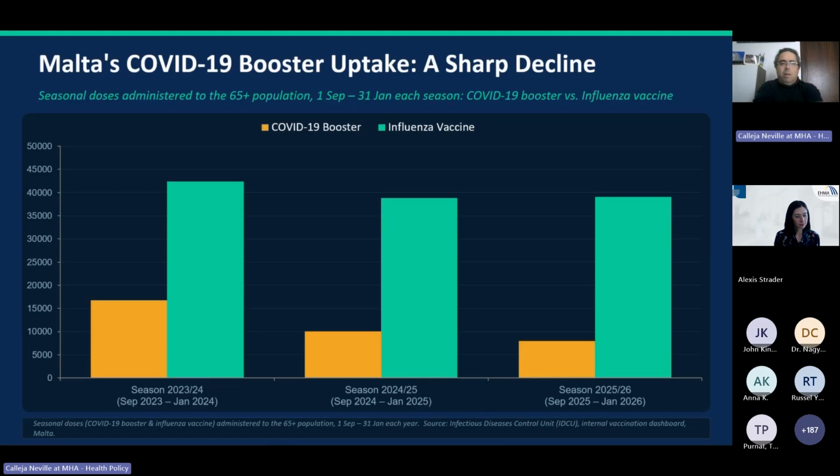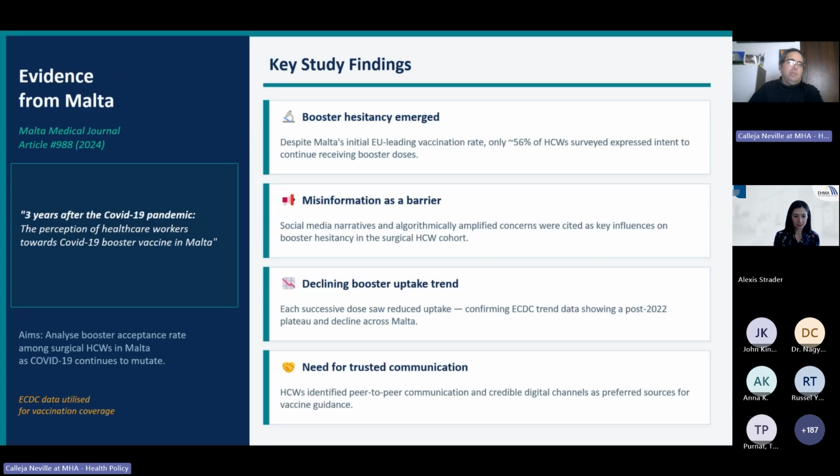We have seen over the last winter seasons that influenza vaccination has relatively maintained its popularity, but COVID vaccination clearly has been coming down consistently. Also, there was research recently amongst doctors whereby a lot of healthcare workers expressed hesitancy in continuing to have boosters. So this led to an exercise by the Ministry of Health. I know I'm close to the end of my slot, but the idea is to develop